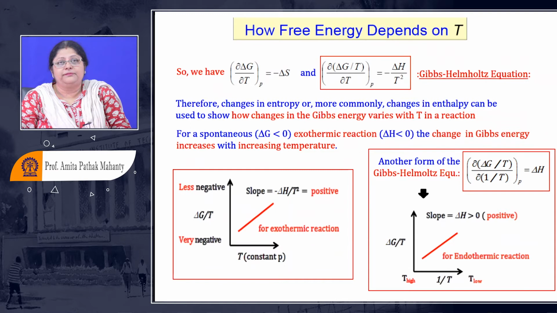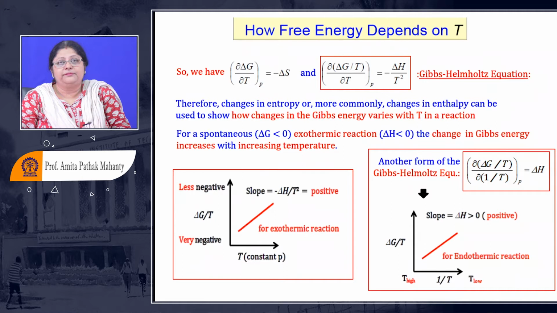We can use the equation delta G equals delta H minus T delta S, and we know that delta H is negative. So what happens? What is important there is the temperature term. So the deciding factor is the temperature. That is why I have written this side is high temperature, this side is low temperature. Understood? So the temperature is going to be the deciding factor whether the reaction is going to be spontaneous or not, because delta H by delta S should be greater than or less than T. We have done that in the last class.